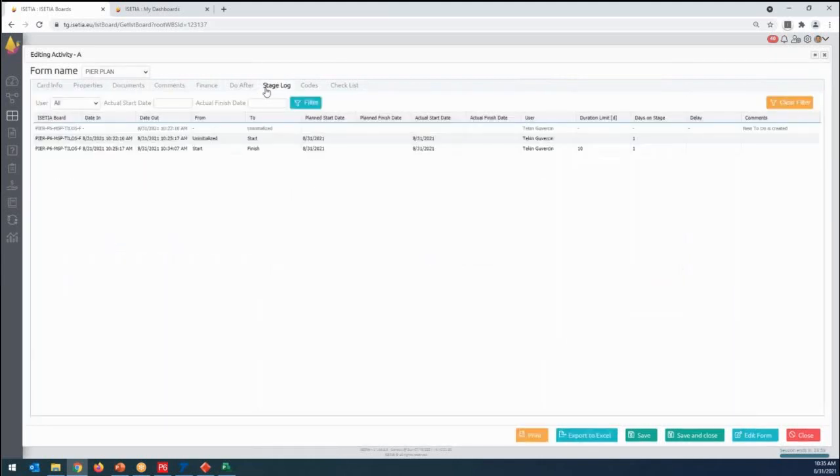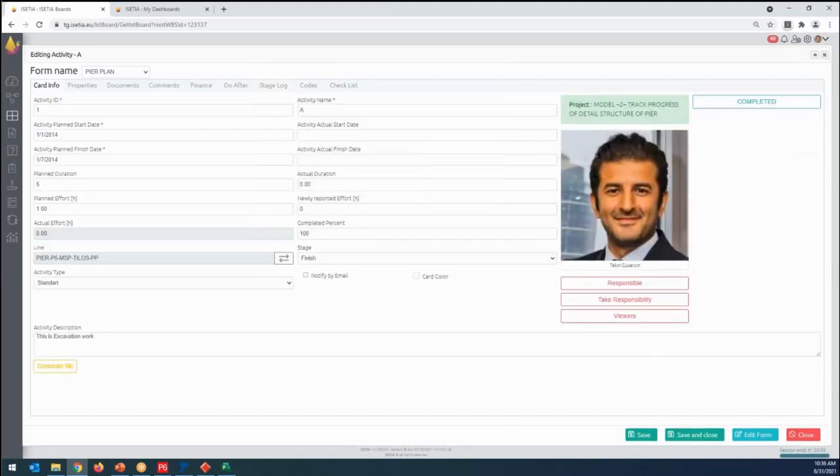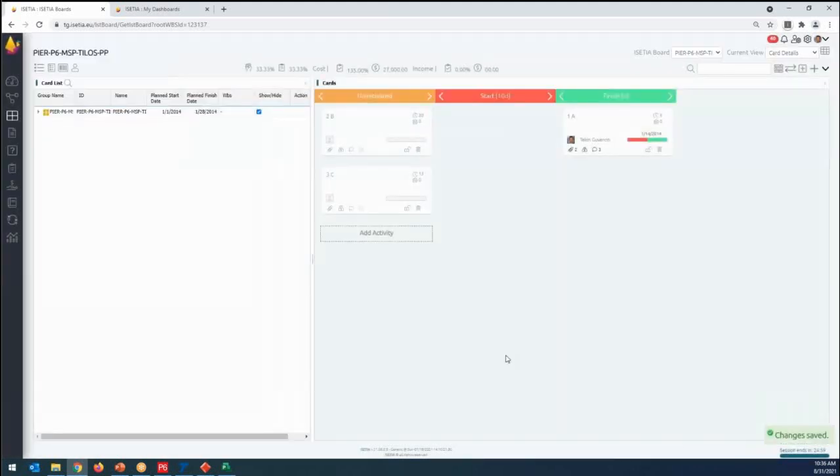You can see that here the system is keeping the log files when it started, and we have a duration limit for finishing excavation work of about 10 days, but I finished it in 1 day because today I entered the progress. All the delays, tracking, request, change, all process, checklist, control, everything will be applied inside of the system. Okay, but let's not make it too complicated now. Just want to show that this system has inside field methodology and functionality. When you bring the schedule, you can update any information related to your projects.